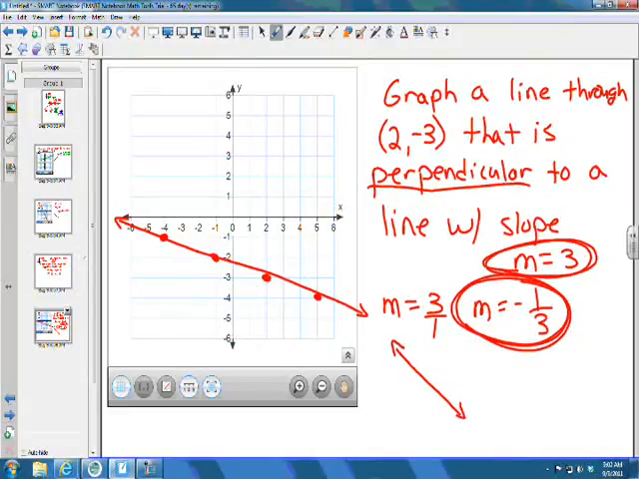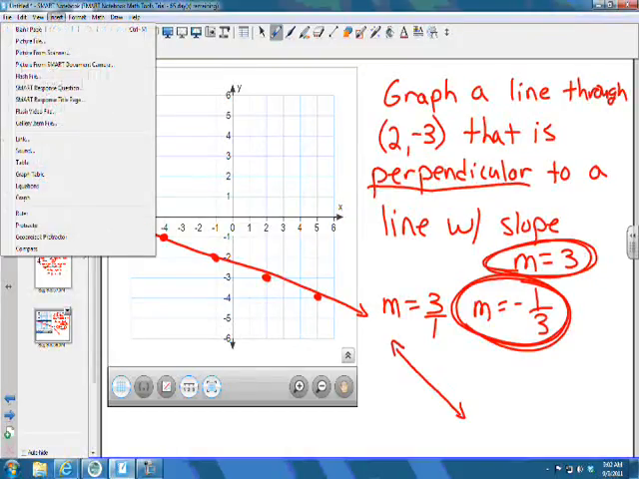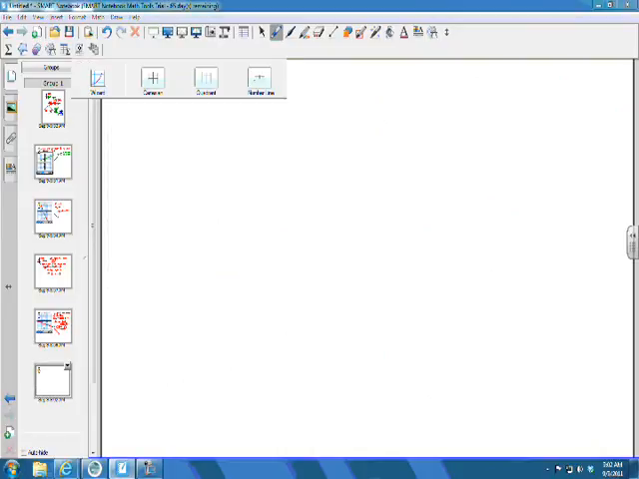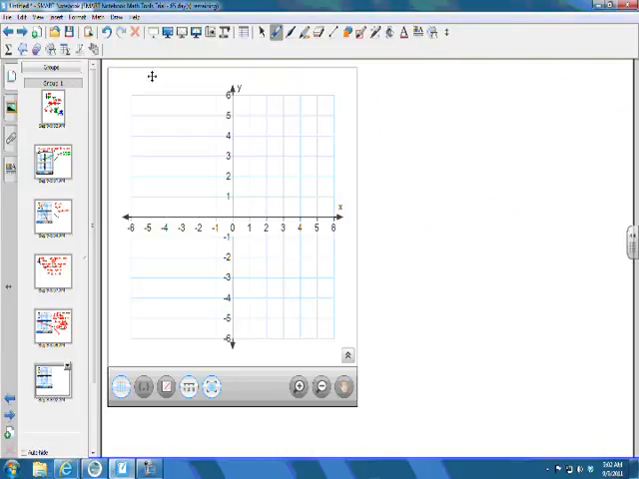What if it had said parallel here instead of perpendicular? What would the slope be? 3, because parallel lines have the same slope. No, don't have to do anything with that other line. They're just telling you what the other line's slope is so you can figure out what your slope is. So this time we'll graph a line through 1, 4 that's